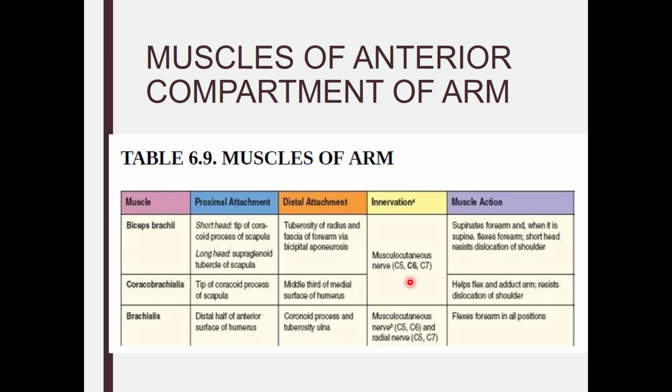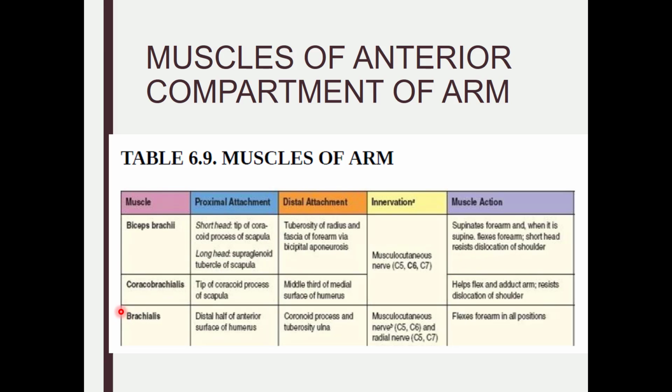Innervation is the musculocutaneous nerve, which is having the root value C5, C6 and C7. What is the function of the biceps? It supinates the forearm, supination of the forearm, because it is crossing the elbow joint, so it will act over the forearm also, and when it is supine, then it will flex the forearm. Okay, the short head resists the dislocation of the shoulder. First of all, it is supinating the forearm. Okay, but when it is supine, it will flex the forearm,